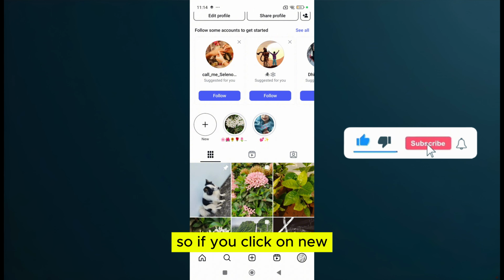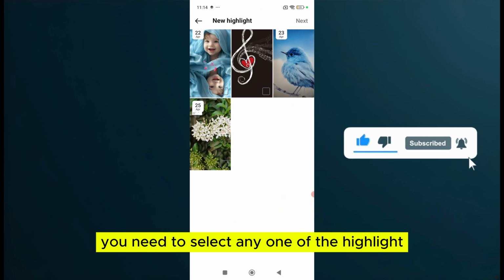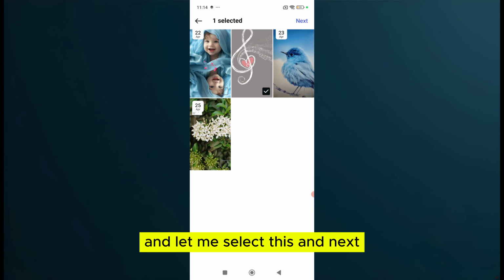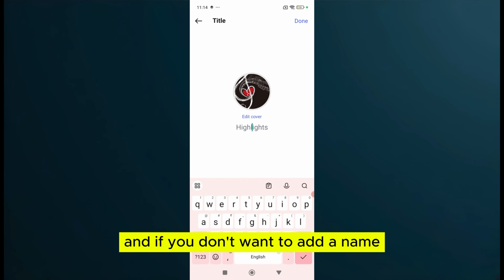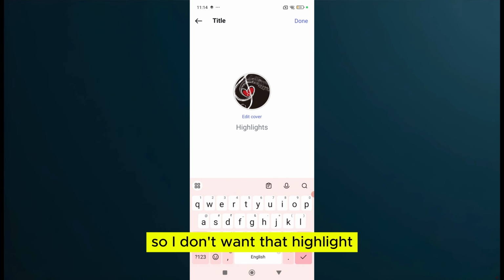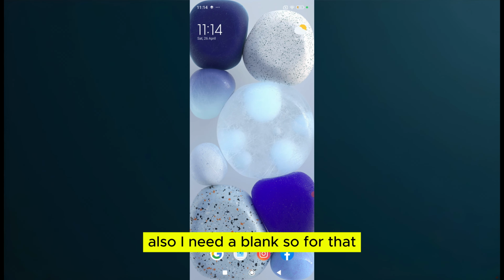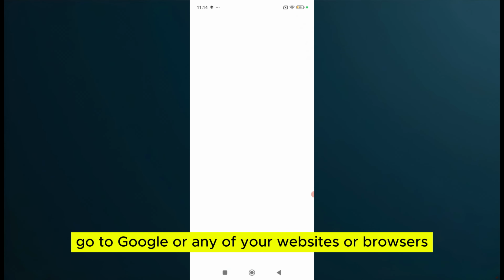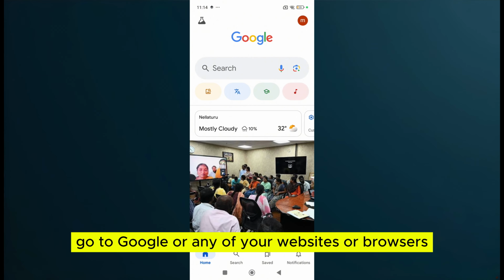If you click on new, you need to select any one of the highlights. Let me select this and click next. If you don't want to add a name, it will by default show "Highlight". I don't want that either. I need a blank. So for that, close the Instagram app, go to Google or any of your browsers,